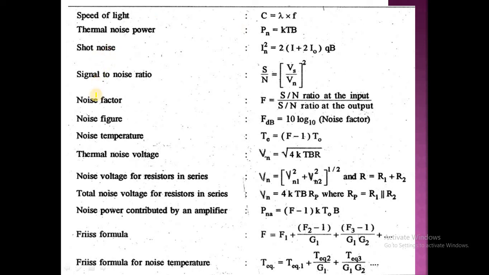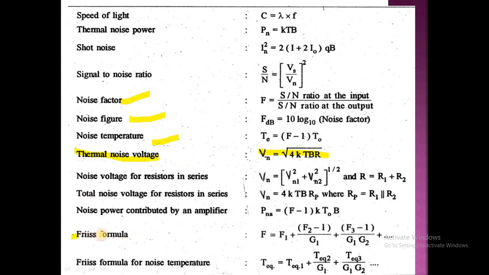So remember guys, see here, it is thermal noise. What is the thermal noise voltage formula? It is a very important formula, that is Vn equal to square root of 4kTBR. It is the formula in case of thermal noise voltage. I had already discussed all these formulas. It is just a brief of all the topics discussed up to now. Noise figure, noise factor, noise temperature, all these are discussed.